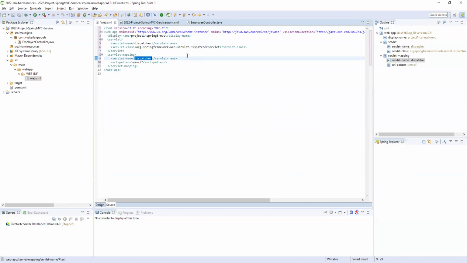If you see here, control and mouse over, click, and whenever it is highlighting, your dependencies are there, your runtime environment is there. Okay, dispatcher servlet, your application will be there, so it will take care of your request and response, right? So dispatcher is the logical name of your servlet mapping. This is the servlet, and this is the servlet mapping.